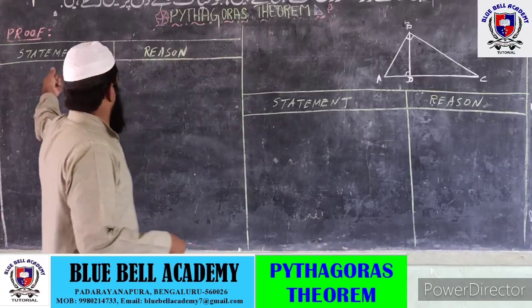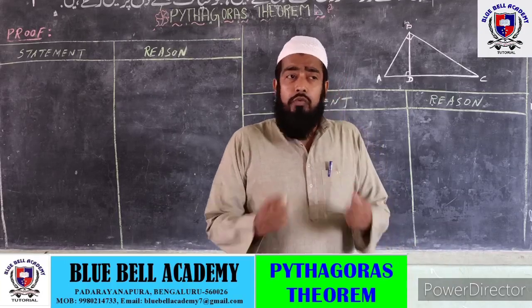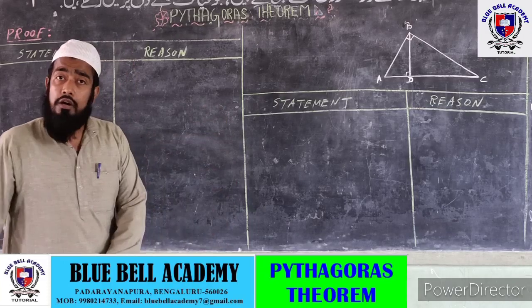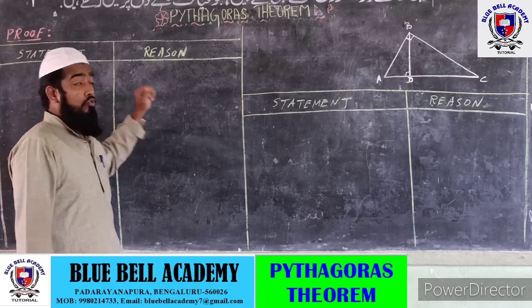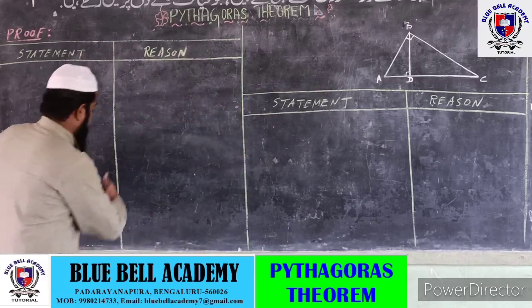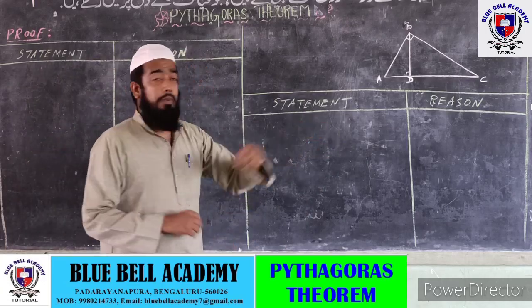Okay, now we are going for our proving part. As I told in the previous theorems, always divide your proving part into two columns, one for statement, another one for reason. So as I have mentioned earlier, we have to split into two columns, statement and reason. Here I have prepared it because to continue, no place is there here, so I have done it here. If required, we will use this one.